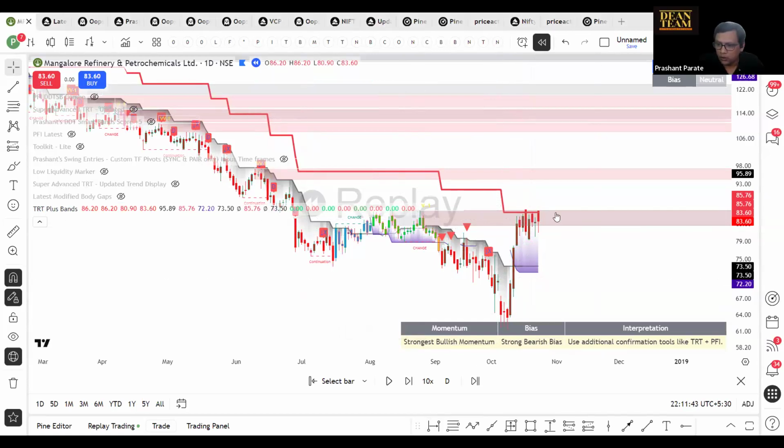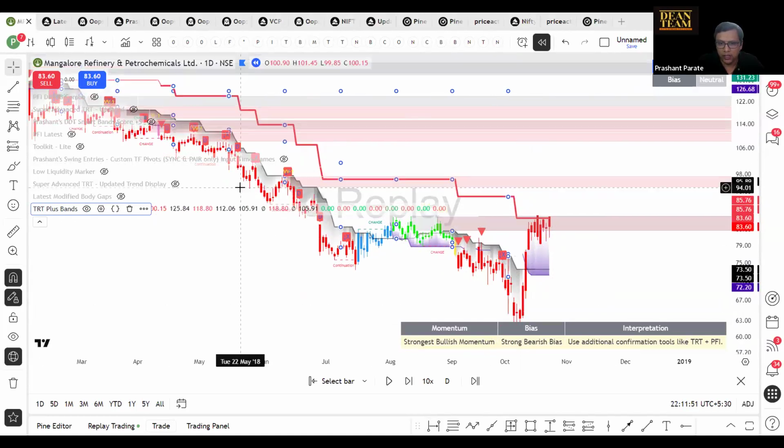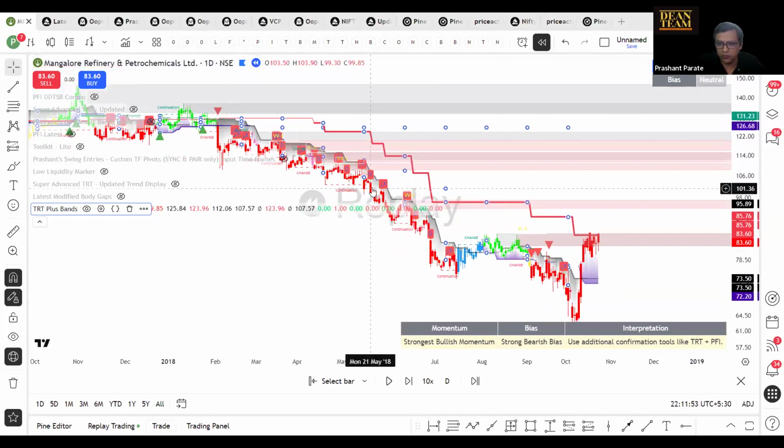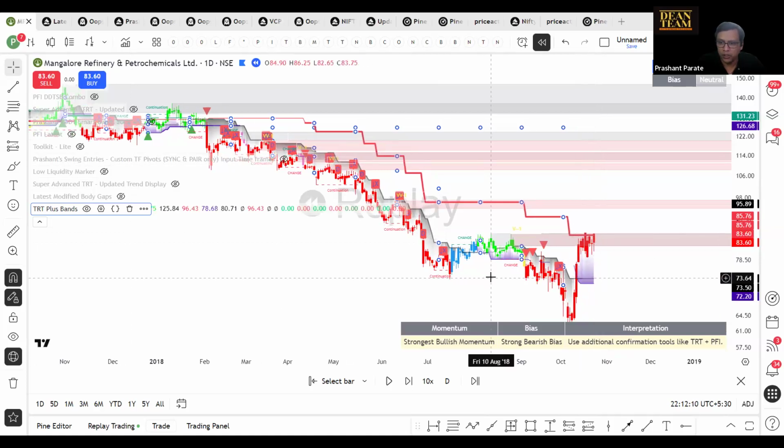So this way, now at this location, what do you see is the bias is bearish, and it has been down for many candles. It has been falling for so many days. Would you take a fresh selling opportunity here when the trend is down and it has been falling for so many days? So if you want to take a trade here, is the force favorable? Is the bias favorable? Is the